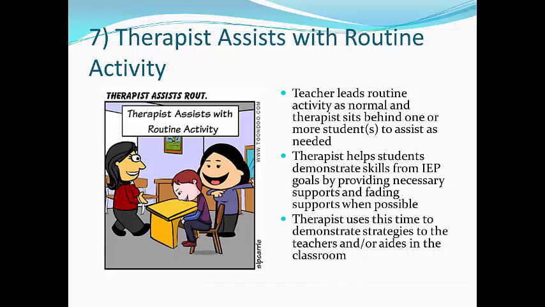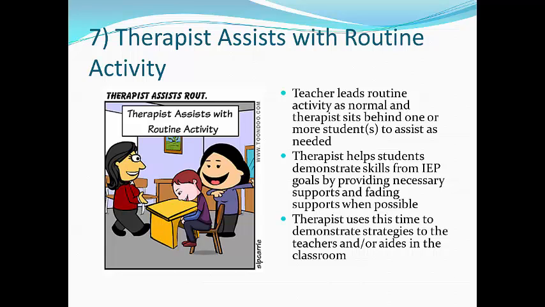And then the therapist is going to use this time to demonstrate strategies to the teachers or the aides in the classroom. So if you're working with aides, this is a really good time to be like, okay, I want you to just sit back and watch what I do, because this is what I want you to do when I'm not here. So a good example of this would be working with some kiddos at circle time or story time,